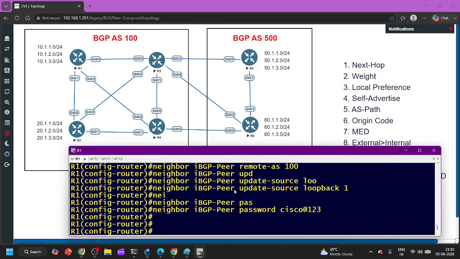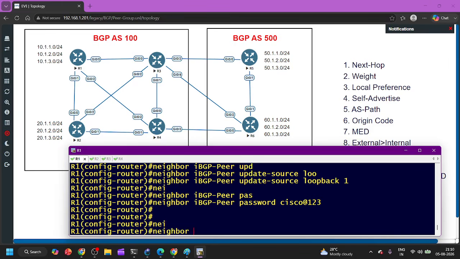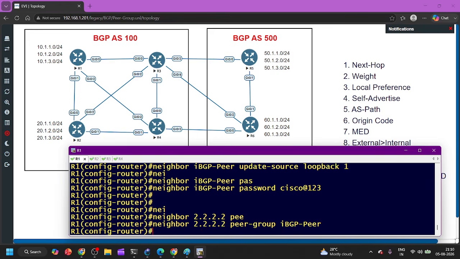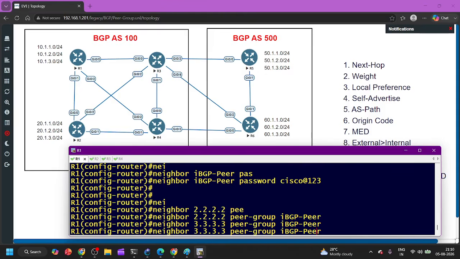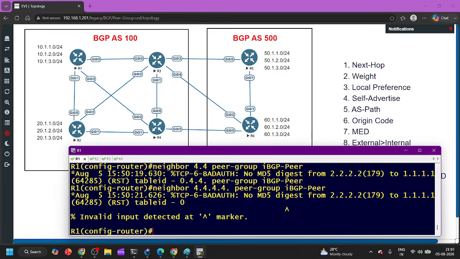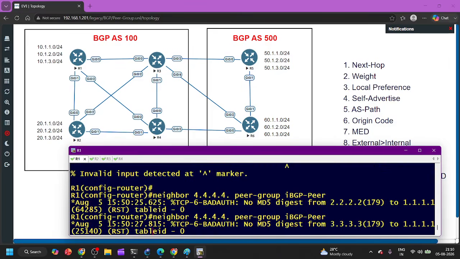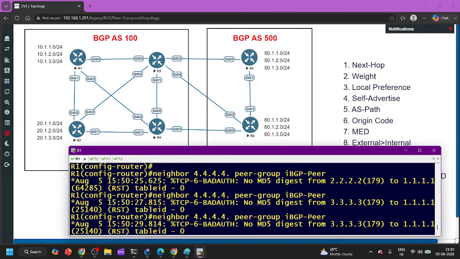And now I am going to apply all these commands to all the neighbors. Neighbor 2.2.2.2 peer group, and the name of your peer group, IBGP peer. That's it. All the commands will be applied to this neighbor. Then similarly neighbor 3.3.3.3, neighbor 4.4.4.4. So we have run all the commands with this neighbor 4.4.4.4, like neighbor 4.4.4.4 remote AS 100, neighbor 4.4.4.4